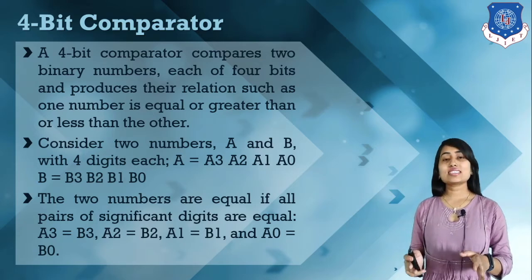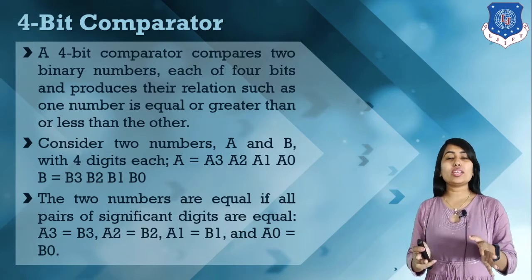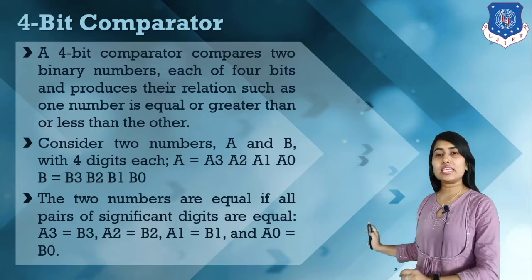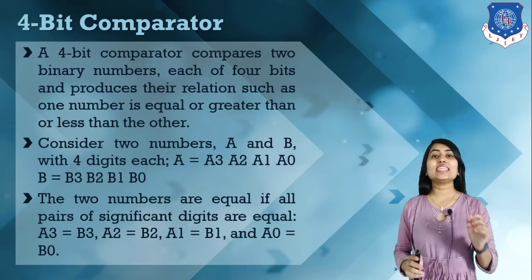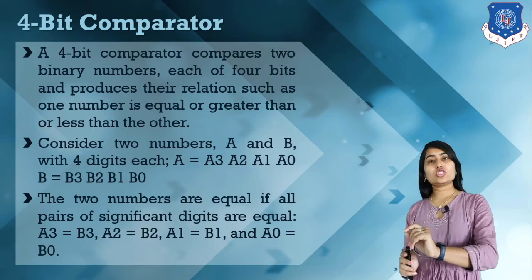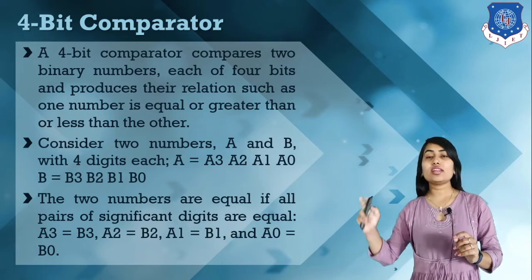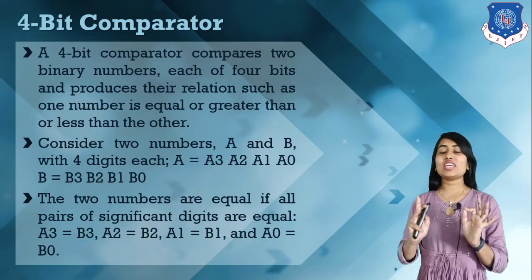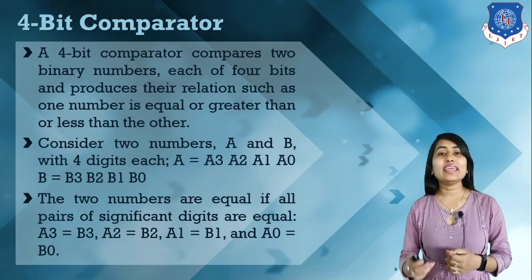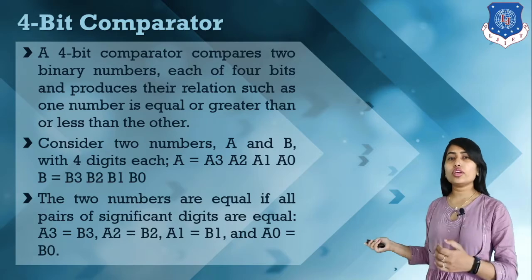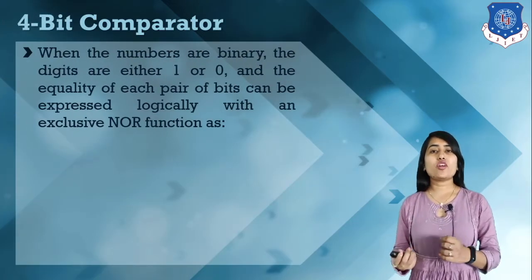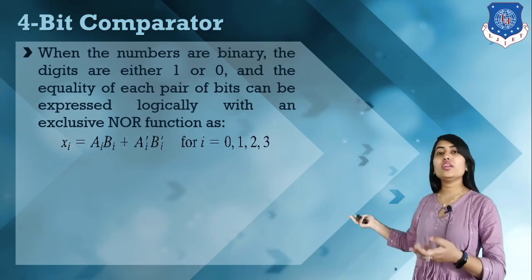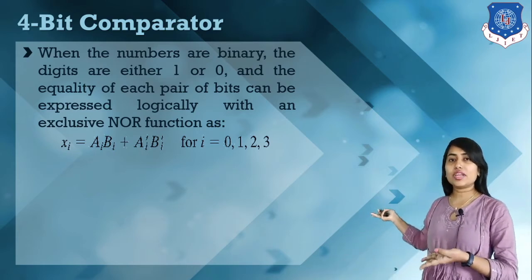First let's discuss how we can compare 4-bit numbers in a 4-bit comparator. We can say that these two numbers are equal whenever A3 equals B3, A2 equals B2, A1 equals B1, and A0 equals B0. If all bits are equal, then and only then we can say that A equals B. If we make this elementary function to represent the A equals B operation, here we have this kind of XORing element equations.